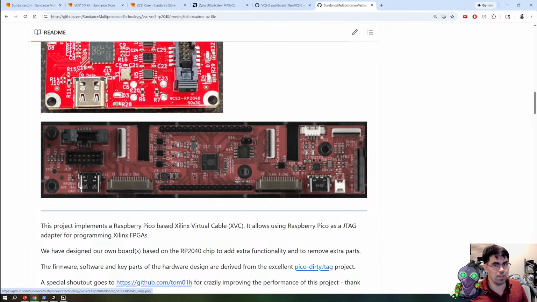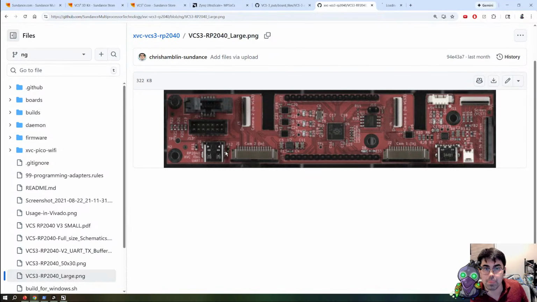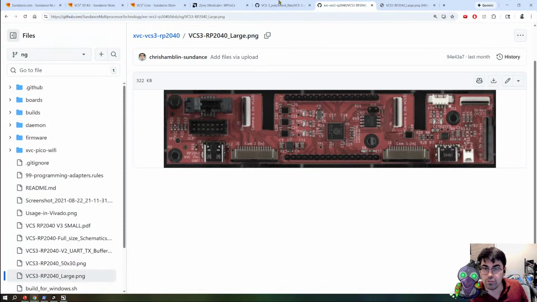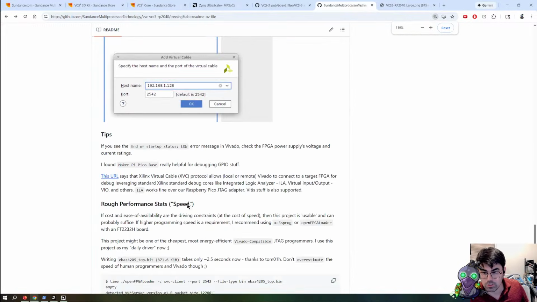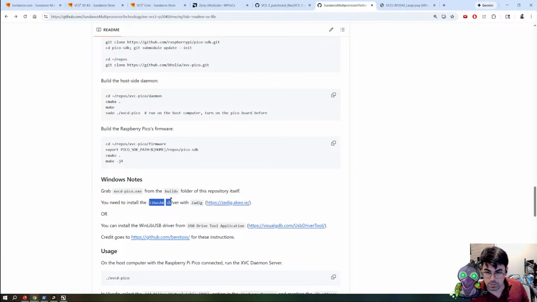And over the bottom left, the bottom left USB-C provides us JTAG and UART. If you follow the directions in the README, go down to them. What you want to do, right here. So you want to use, I'll pull it up real quick. You want to use this little application,